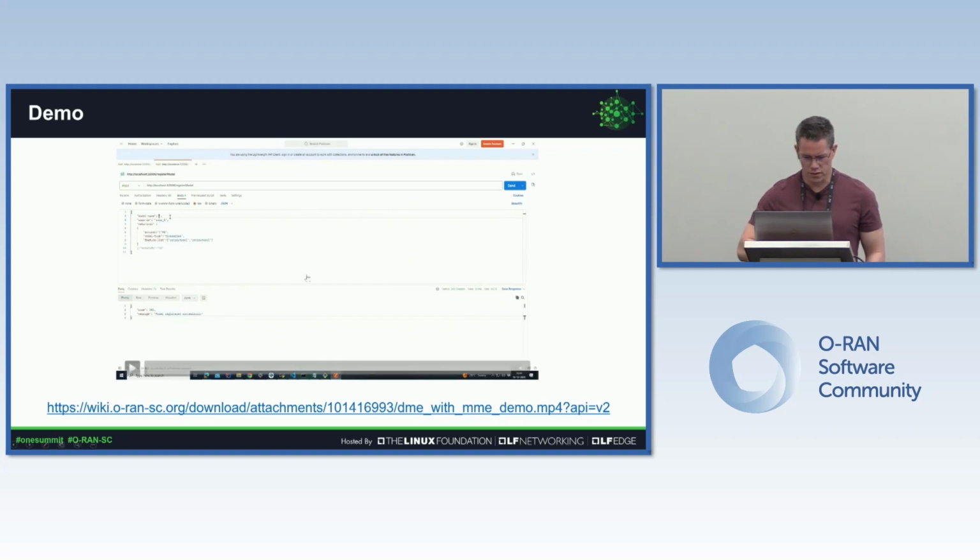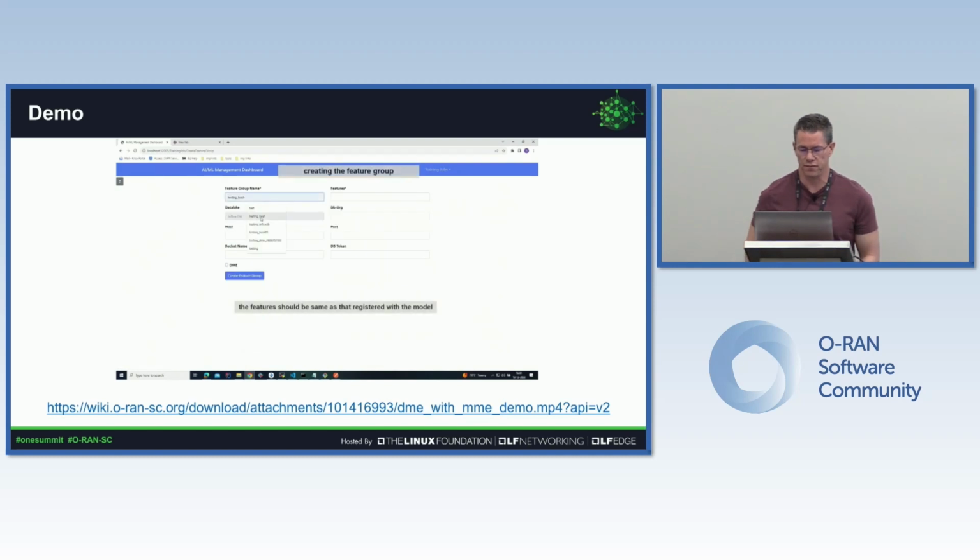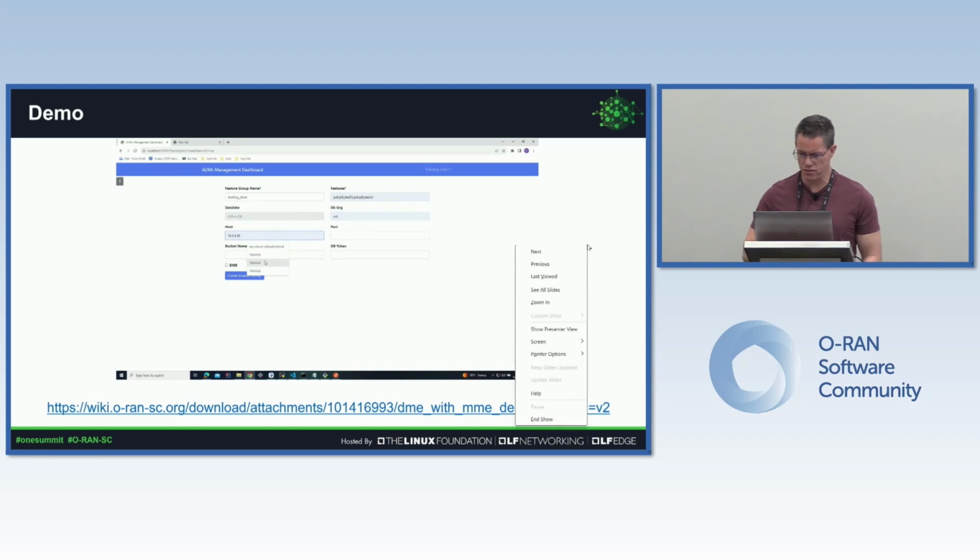So, well, this is basically the demo. I don't know if we have time for playing it, but basically it's just putting everything I have said into action. Probably it's pretty hard to see, but it's just seeing all these particular calls, and basically doing exactly what I have mentioned before, like filling in the information in the UI and all these things. I'm just going to skip that and go into the next slides,